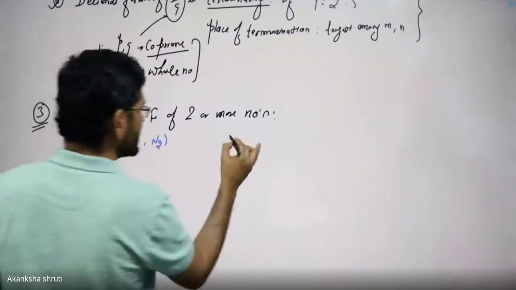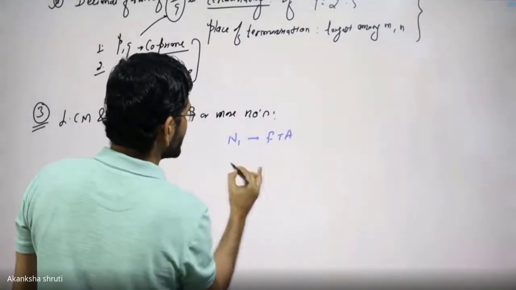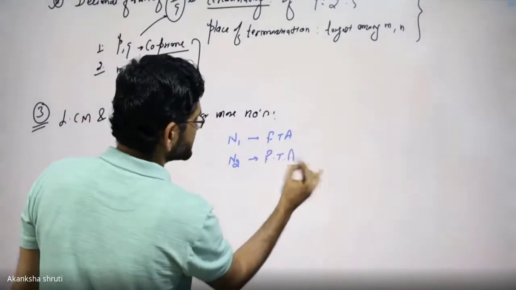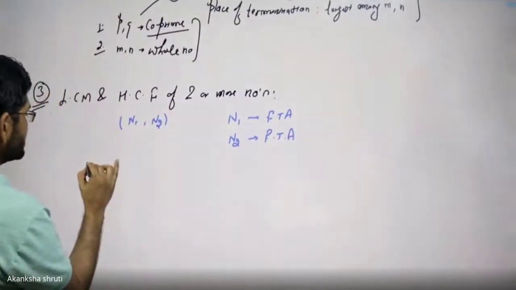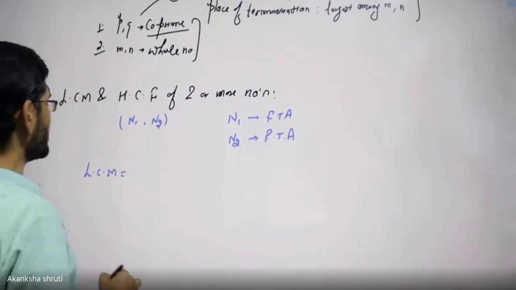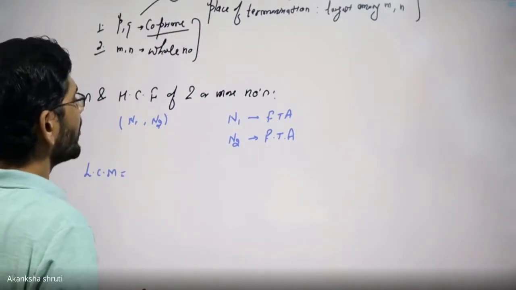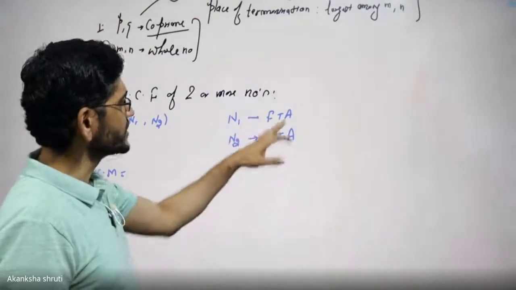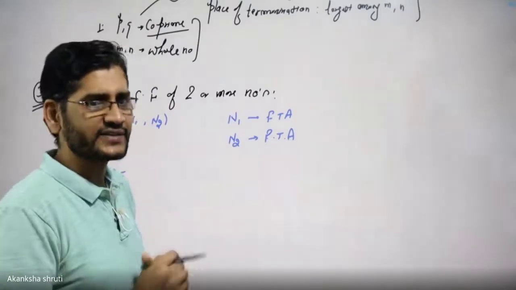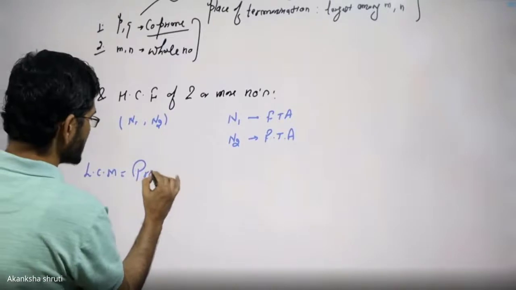The very first thing, we have to write N1 in the form of their FTA, N2 in the form of their FTA, then the LCM, which means lowest common multiple, is obtained by considering all the factors which are common and even uncommon factors. So rather than writing the common factor, we have to take all the factors. So it is the product of